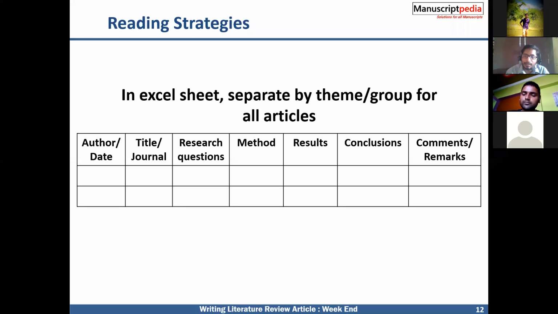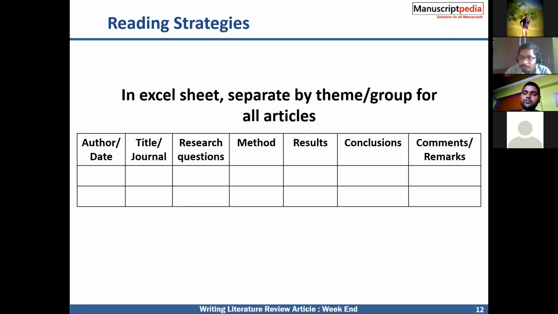Another thing, with the help of this literature review, I recently connected with one professor. He's an associate editor of a certain journal. So we have collaborated and we are now publishing one paper in the same journal. So it will be helpful if you write a literature review paper. That will help. You will get one paper for your PhD.